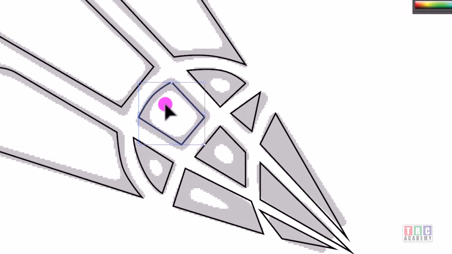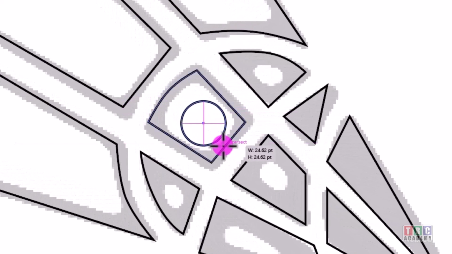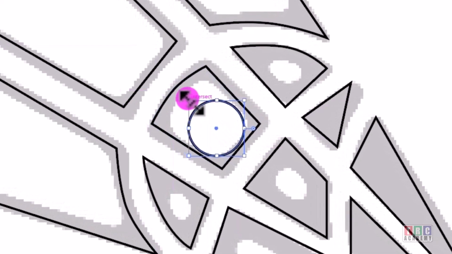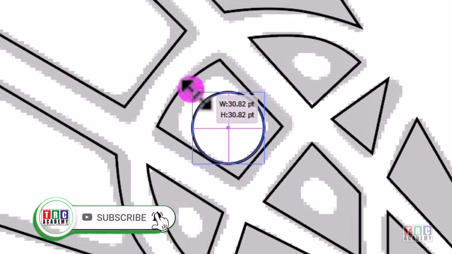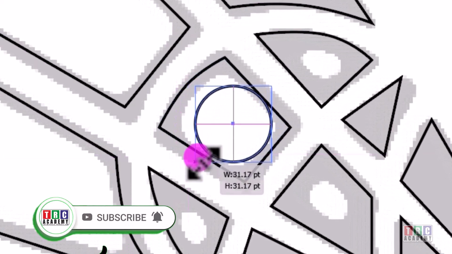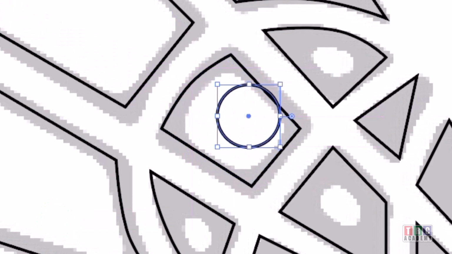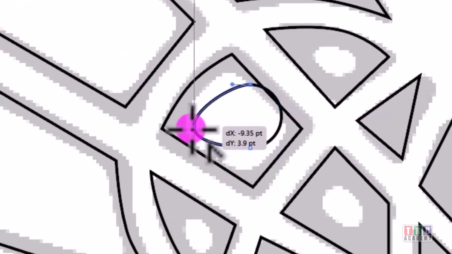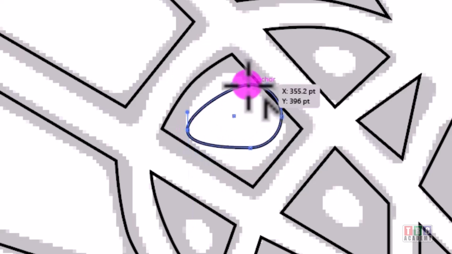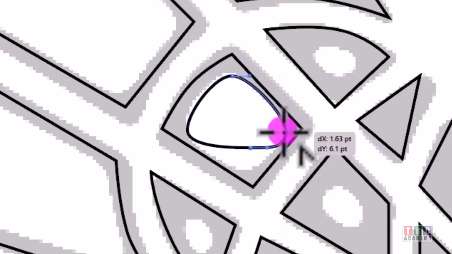And now here inside you need to have a circle, ellipse. I'm going to have like this only. Okay, I just move it. I'll press shift, just move it like this, and I'll just use the direct selection tool. Click here, let's move it like this, keep it over here